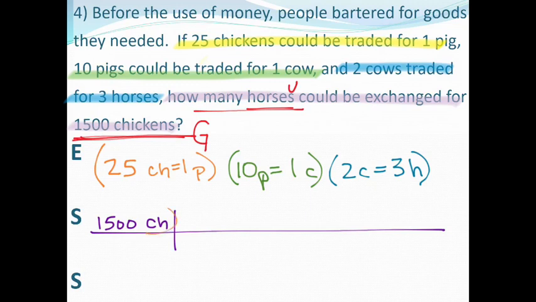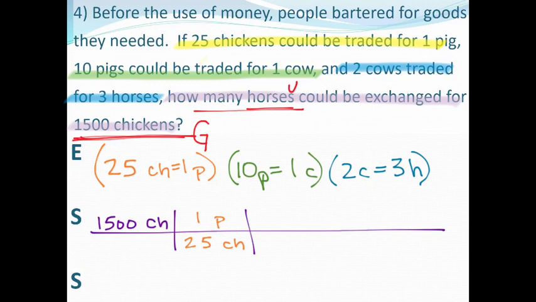And if I've got chickens on top of my line in this next bracket, I'm going to have to put chickens on bottom, which means that that 1 pig is going to go on top. So if I stop now, that'd tell me how many pigs I could get. But I don't care about pigs. I want horses. So we're going to keep trying to cancel out these pigs and get closer and closer to